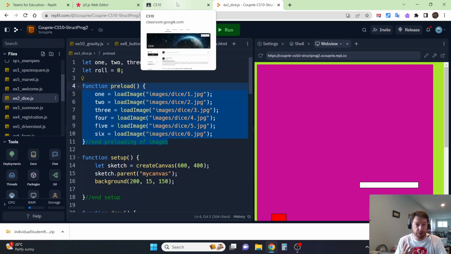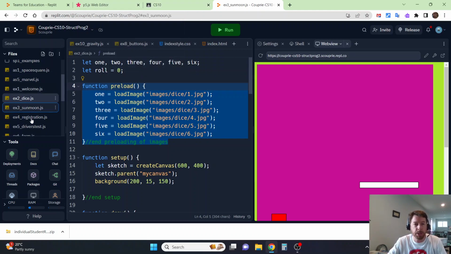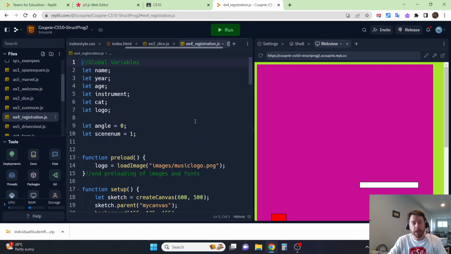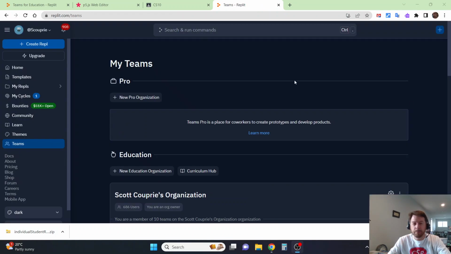So that's generally the way that I teach. I have a series of examples, which I'll explain a little bit more later on, that we work through in one project for a unit, and then we add new examples together in classes, and they also do their assignments in the same project. Again, I'm going to show you how that's set up in just a couple of minutes. So that's the general idea of how things flow. Okay,